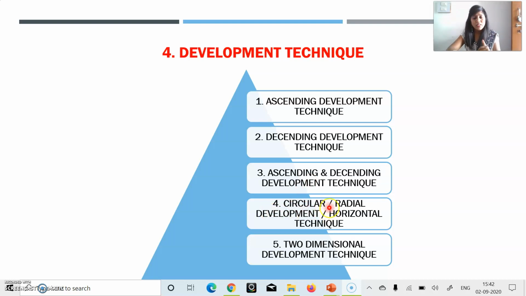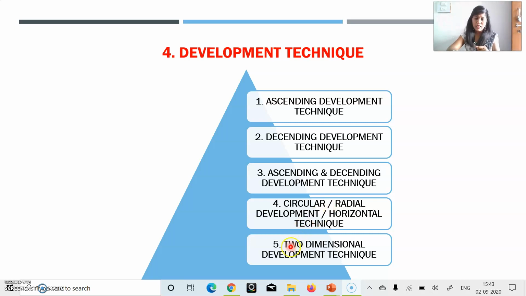The fourth category is known as the circular development technique or radial development technique, or you can also call it a horizontal development technique, where the samples are spotted at the center and the solvent is allowed to spread uniformly from the center to the full size of a circular filter paper. Again, it is calculated by the typical formula, that is the Rf factor, and the readings are recorded.